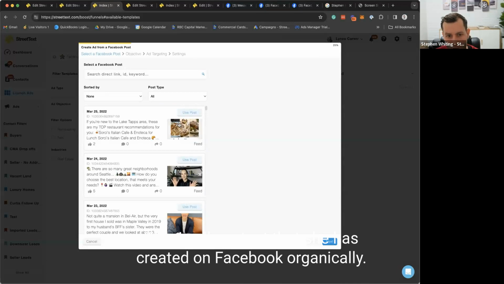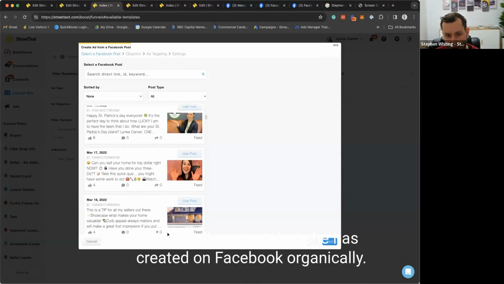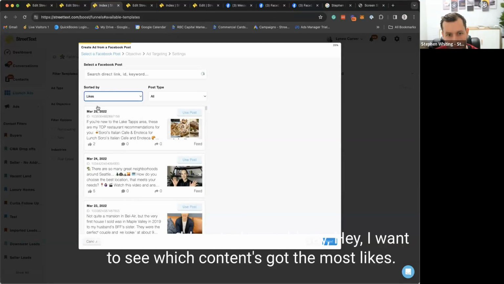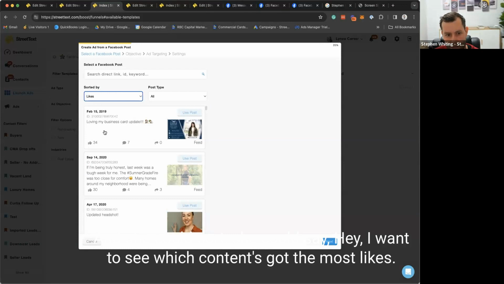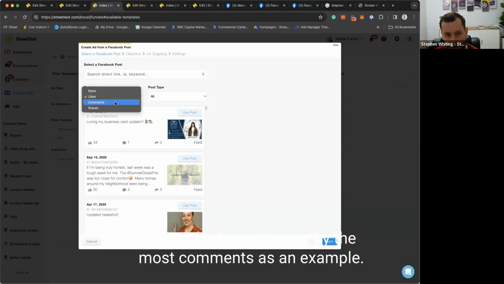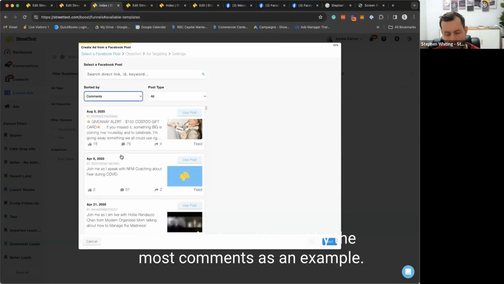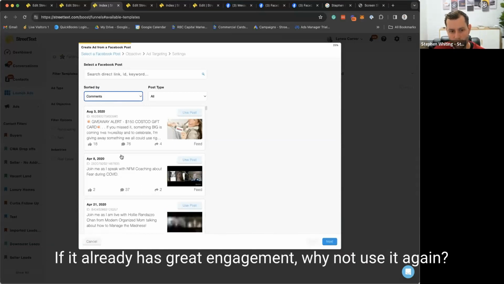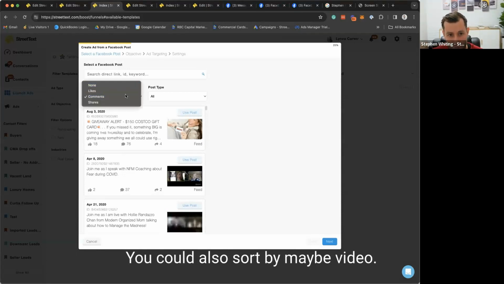This is all content that she has created on Facebook organically. These are not ads. These are just social posts. And she could sort. She could say, hey, I want to see which content's got the most likes. Or maybe I want to sort by the most comments, as an example. And the reason you would do this is that you're going to want to use content that's got some great engagement. If it already has great engagement, why not use it again? You could also sort by